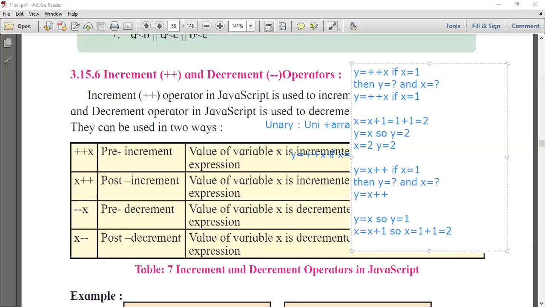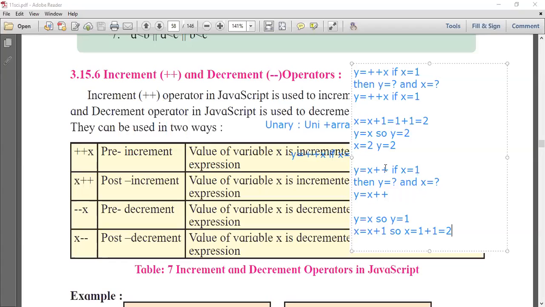In both the equations, you can see different results. The meaning of ++x and x++ is the same, that you have to increment the variable by 1. The meaning is the same, but by changing the position of the increment operator, we find a change in result.